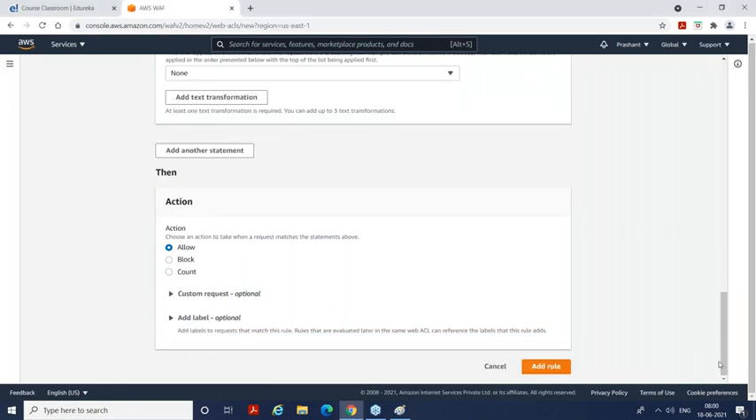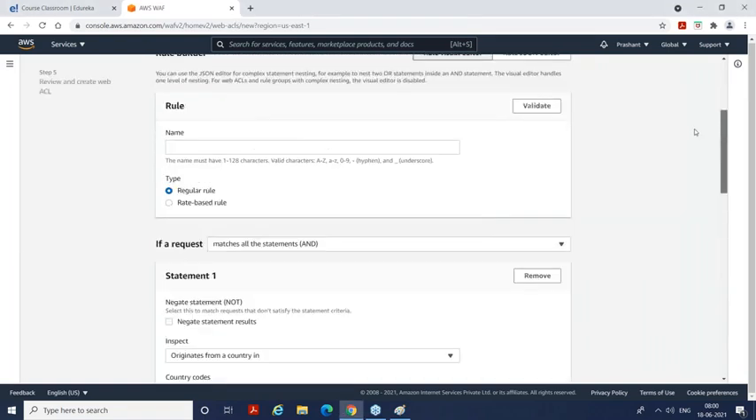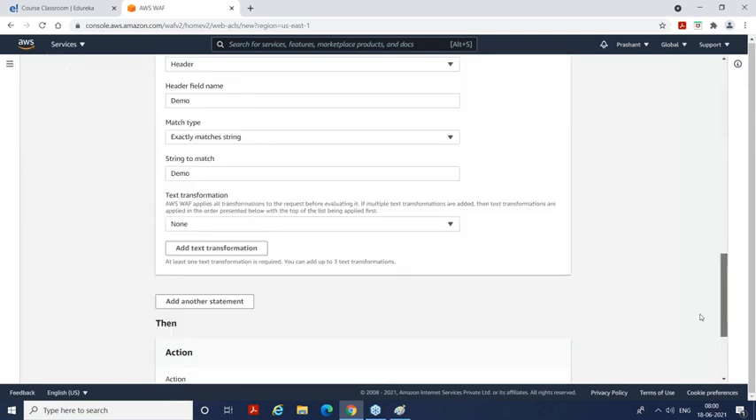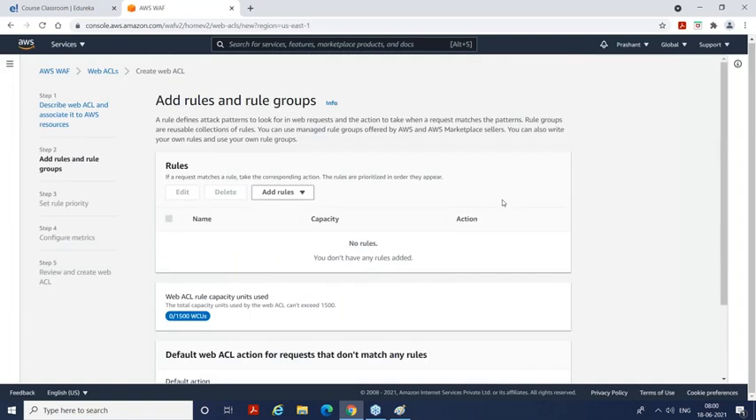So WAF is basically to protect your web infrastructure from common web exploits by configuring rules. And remember one thing about these rules. The order of processing of these rules is top to bottom. So let's say you have rule number 1, rule number 2, rule number 3. Now, what do I mean when I say order of processing is top to bottom is, let's say